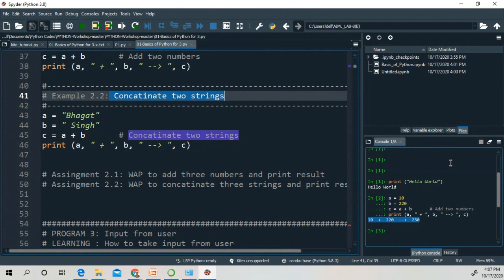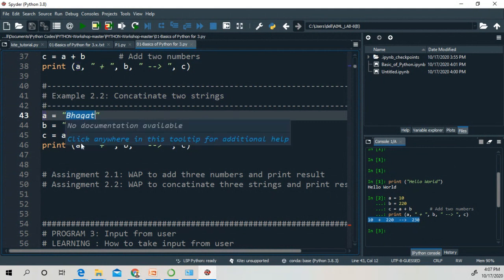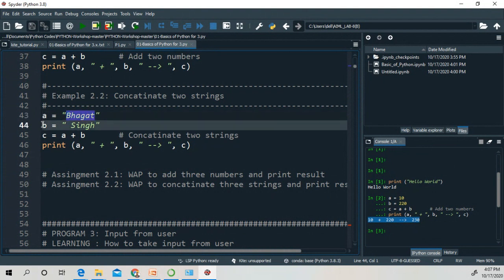Okay, so which operator is used to join two strings? The plus operator is used to join two strings. Here we take a variable a and place a string in that variable, Bhagat. We take a variable b and place a string in that variable, Singh. Why is this string placed in a?